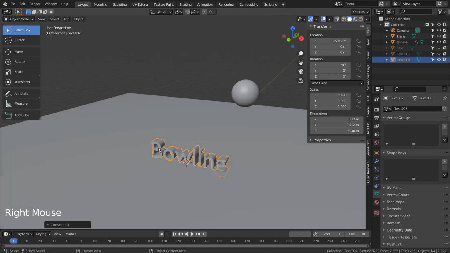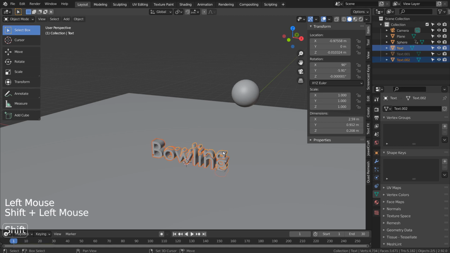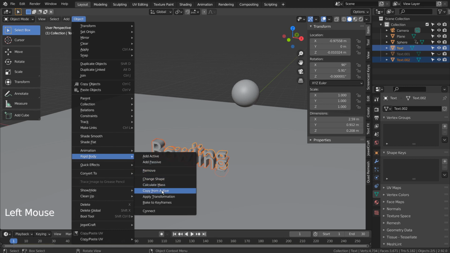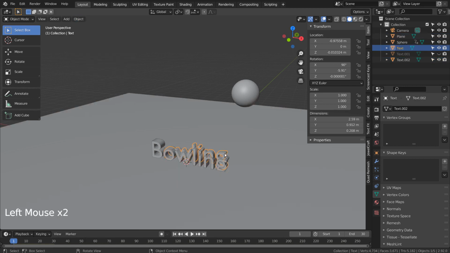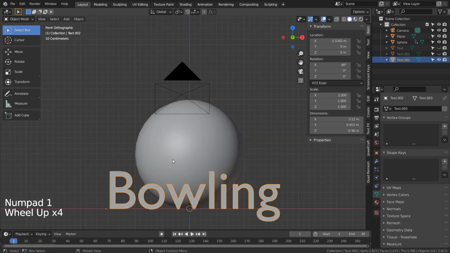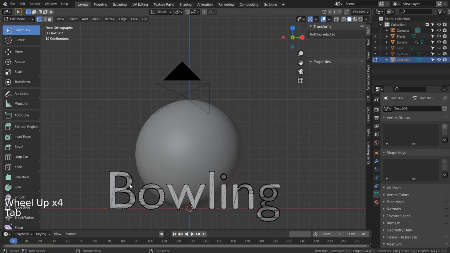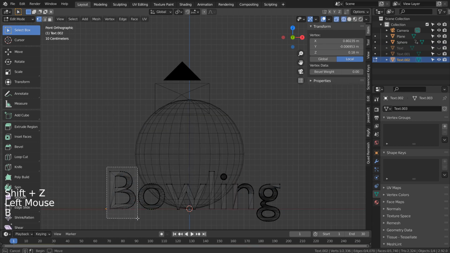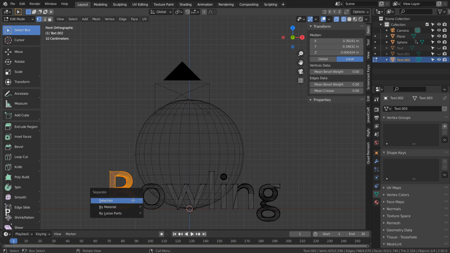Go to Edit Mode, and press Shift+Z to go to wireframe mode. Select one letter in wireframe mode, and type P to separate.